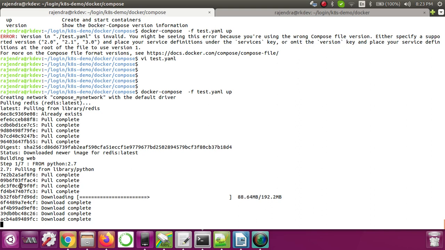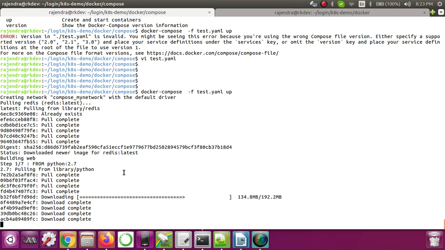So almost 80-90 MB is done. It's now more than 100, around 120 now. Once that is done, the next step is to install requirement.txt, then copy the code.